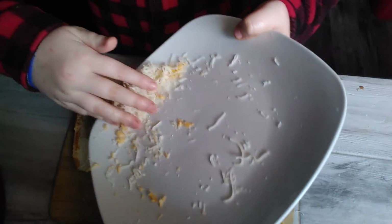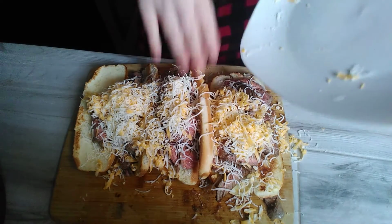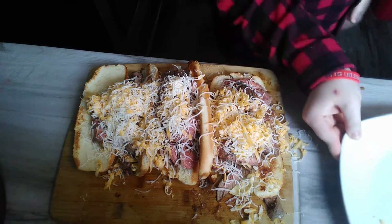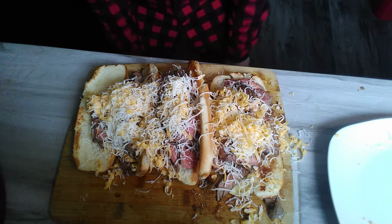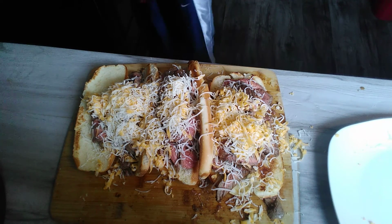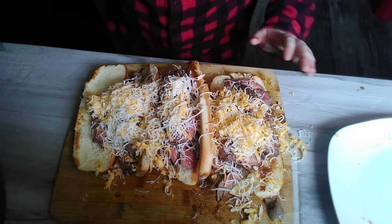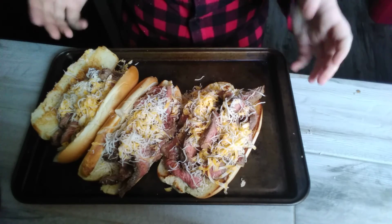Looking good. We're going to add in the lettuce and pickles after we cook that. So you're going to want to take your oven. Okay, I'll see you in a second. Okay. Put your oven on broil and pop these